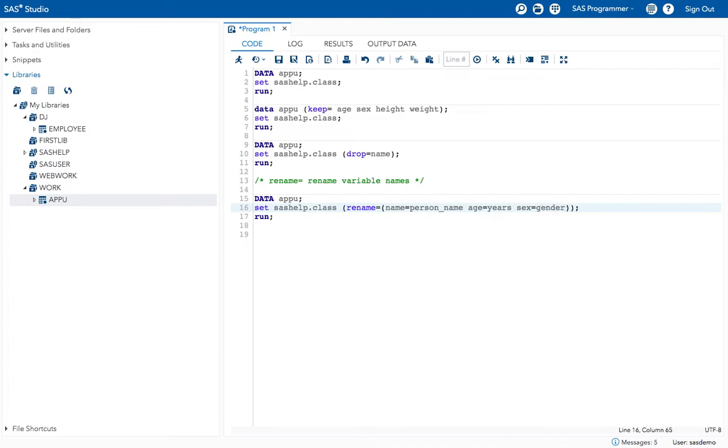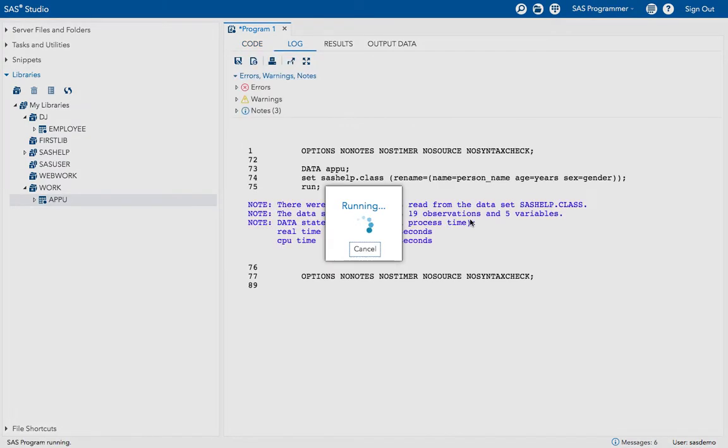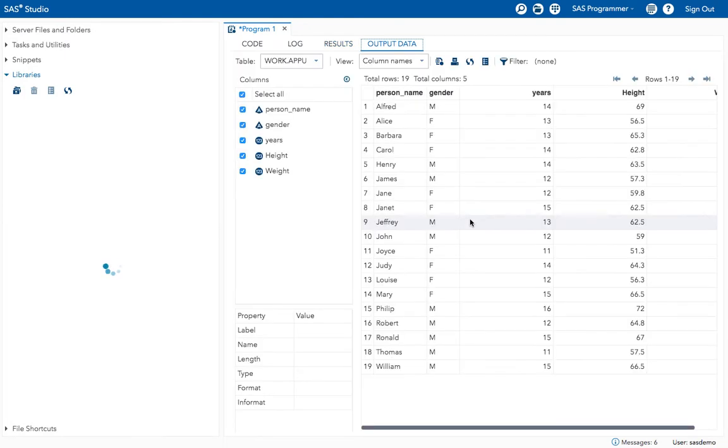Now run the program. See, now I got person name, sex as gender, years.